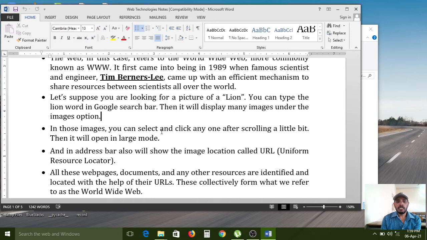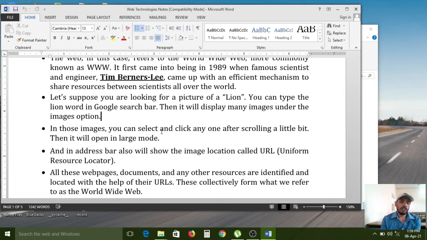So web means whatever information we want, we search for that information on the web. And technology means how it is working: if the keyword is given in the search bar, how it works, what technologies they have used behind it, how this search engine was implemented. All those things we need to learn in this subject. So that is the major introduction to the web technology concept.